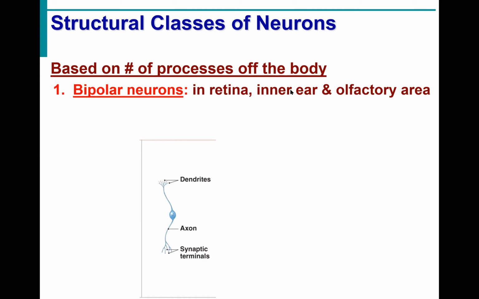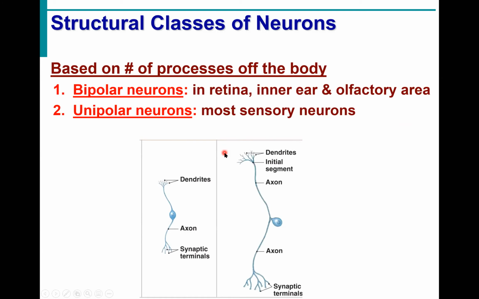And here, again, we can see we're starting to synthesize information. Notice our bipolar neurons are only involved with our special sensory pathways. Most sensory pathways use these unipolar neurons. Single axon, a cell body to the side, one attachment, and that axon travels down, dendrites at the top. And again, notice all of these carry information the same direction. All of these things carry information down the